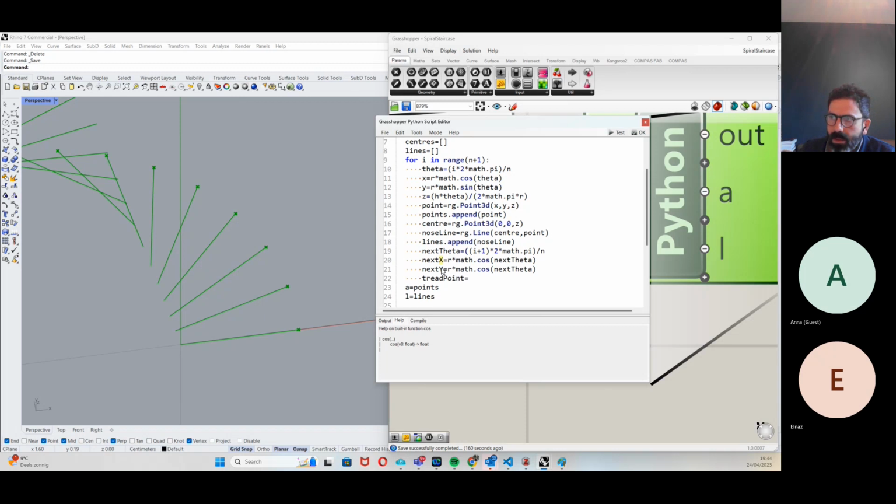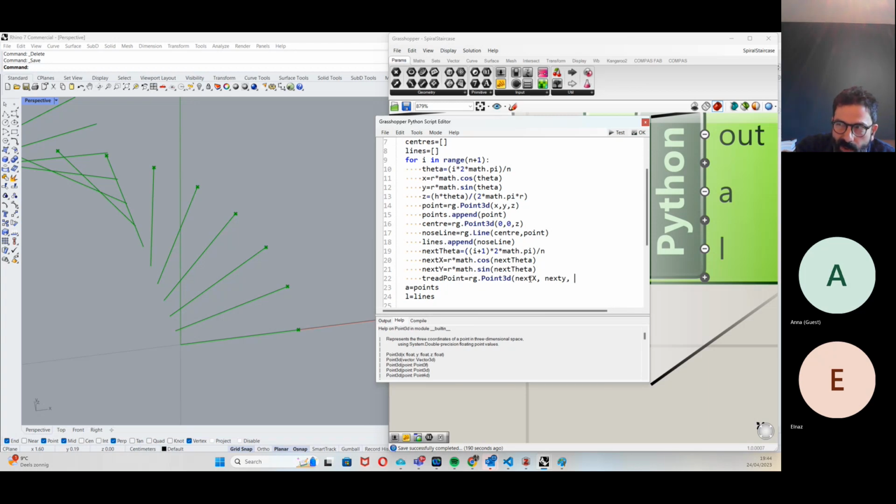Next y equals r times math dot sine of next theta. And then I'm going to call rg dot point 3d, point 3d, next x, next y